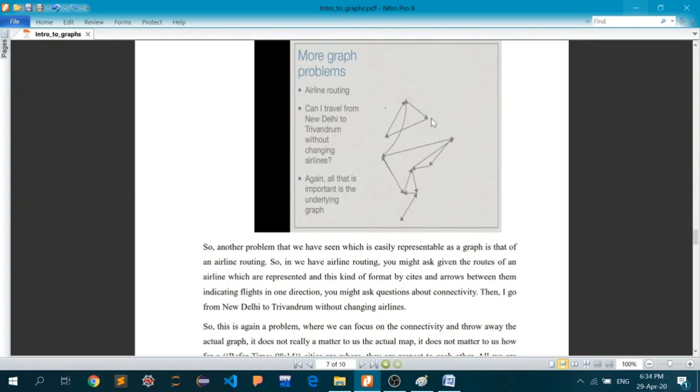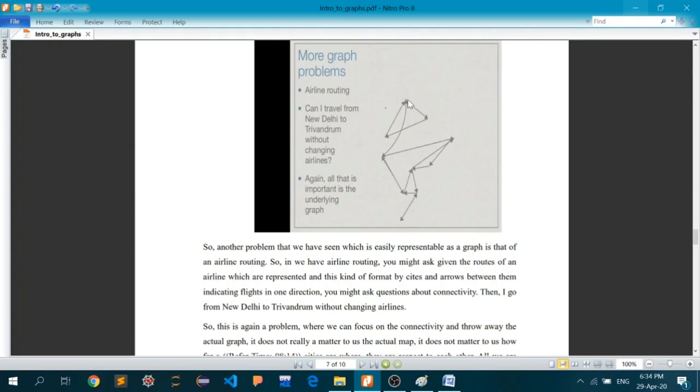Now there is a relationship between this node and this node, I can see that because there is an edge between these two nodes. But what kind of relationship is being defined by these arrows? The kind of relationship is being defined by the direction of this edge. So from this particular graph, I can devise that there is a flight from New Delhi to, let's say, Chandigarh, or let's say Shimla, but there is no flight back from Shimla to New Delhi.